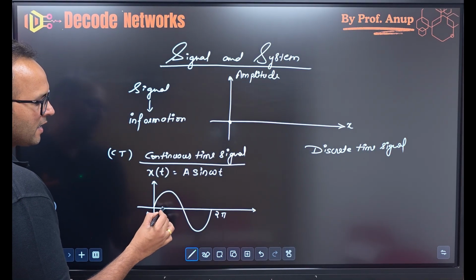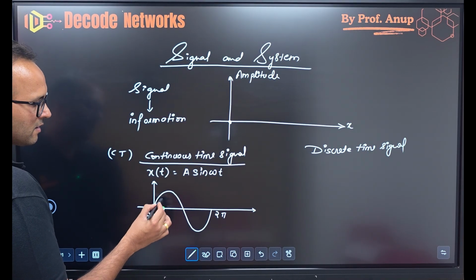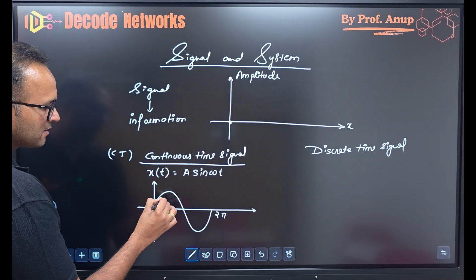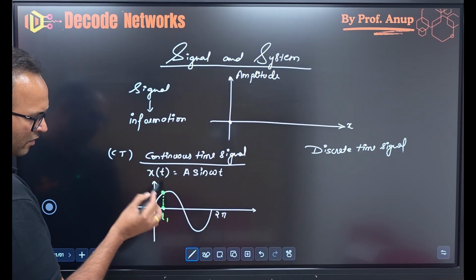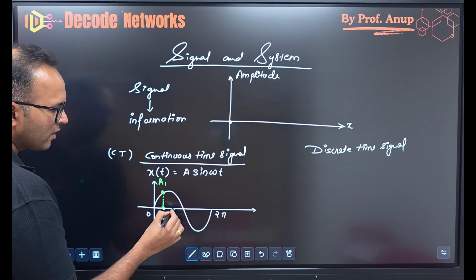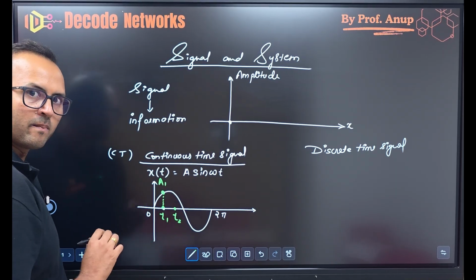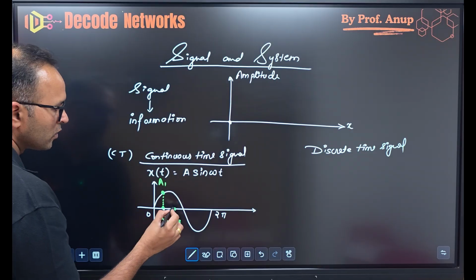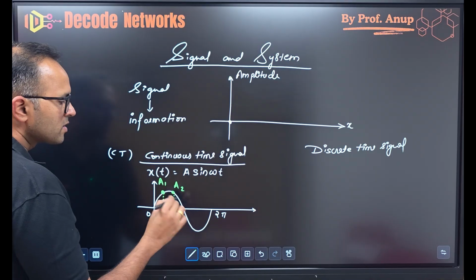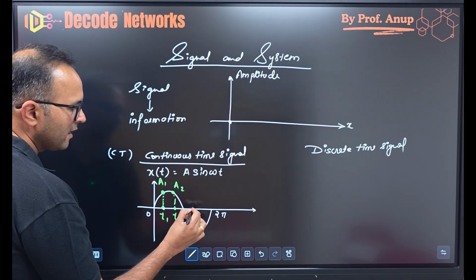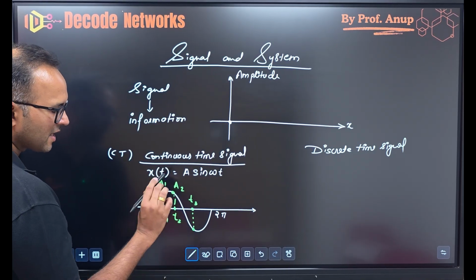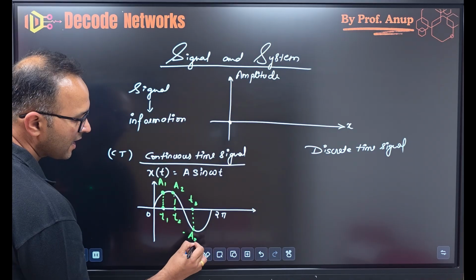Suppose I say I need the time at this point. Let's say this is t1. At this time, suppose I need an amplitude. So what is your amplitude? Let's say your amplitude is a1. Now suppose another student asks me, sir, I don't want t1, I need t2. So I say this is the amplitude. Suppose one more student tells me, no sir, I want something in the negative cycle. So I say let's say he is selecting t3, and this is my amplitude. Let's name that minus a3, as it is negative.